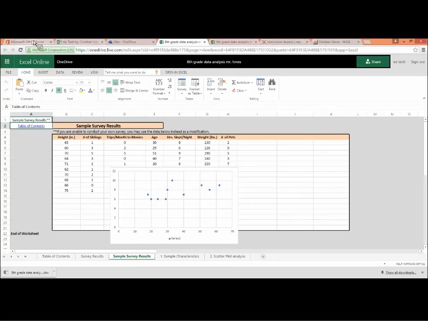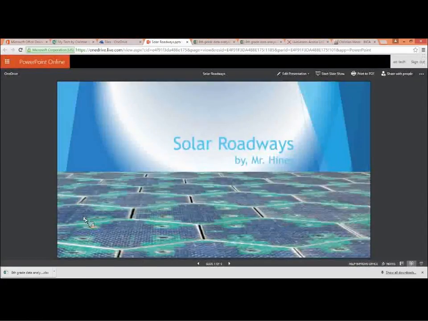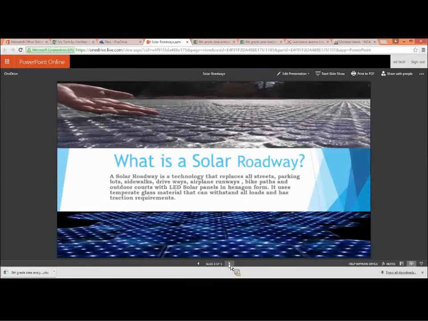And then I think I have a few, let me see, a PowerPoint that I wanted to show. There's one here, solar roadways. I told the students to choose a product or a piece of technology they'd like to research, and so they did. Of course, I changed the kid's last name here. You can go through here, and it goes just like a regular PowerPoint. The neat thing about this